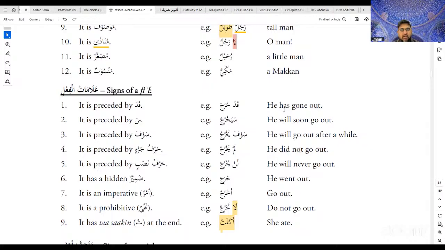With my other class, my Africa class, on Fridays, I'm starting with the verbs. I'll go through all the verbs. With this class, with your class, I'm starting from the nouns. So if someone is watching on YouTube, they have the Monday class doing nouns and the Friday class doing verbs. All of the verbs will be completed with the Africa class, and once we have finished the verbs, then I'll do the nouns with them, so that I'm not overlapping things. So anyone who wants to follow on YouTube has material from different perspectives and can take advantage of it, inshallah. Okay.